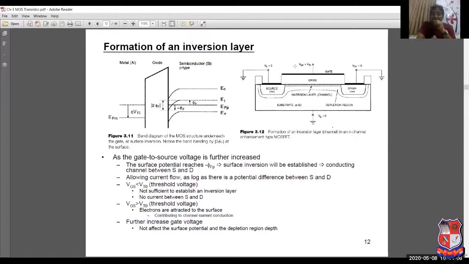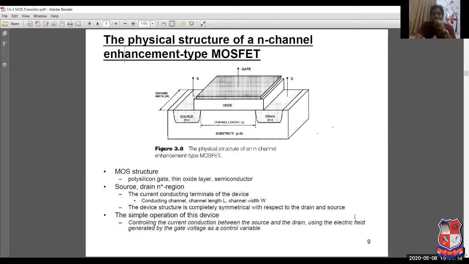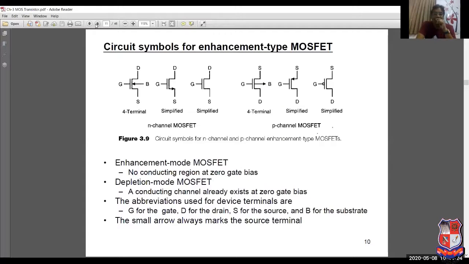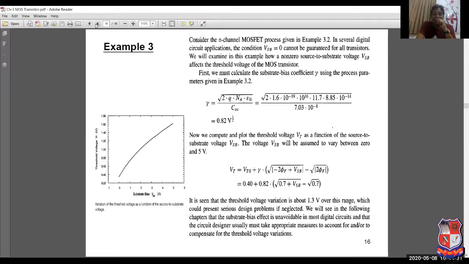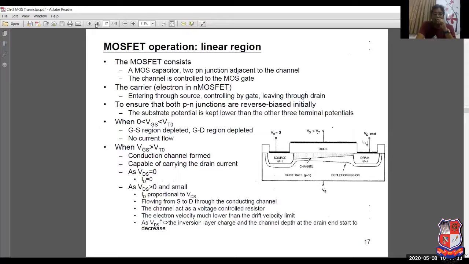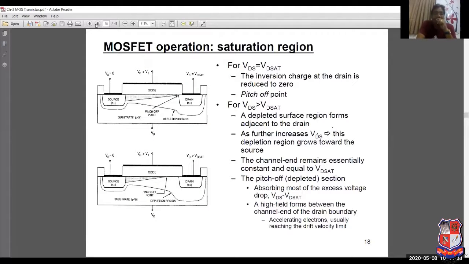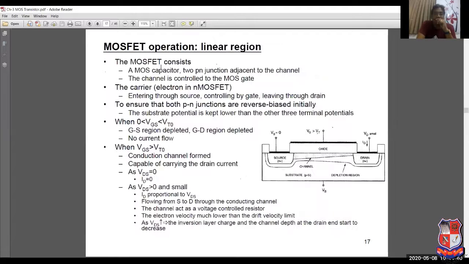Okay, now in this particular case, if this VDS is increased, so if you start giving the voltage at the drain, between drain and source terminal, what will happen now? So this will give rise to the characteristics of your MOSFET. Okay, so that's what we are going to study now, what happens once your MOSFET is on, and if you keep on increasing VDS, then what will happen. So to understand that effect, let's first of all consider the analysis here. So when you have to consider the MOSFET region, this is what happens.